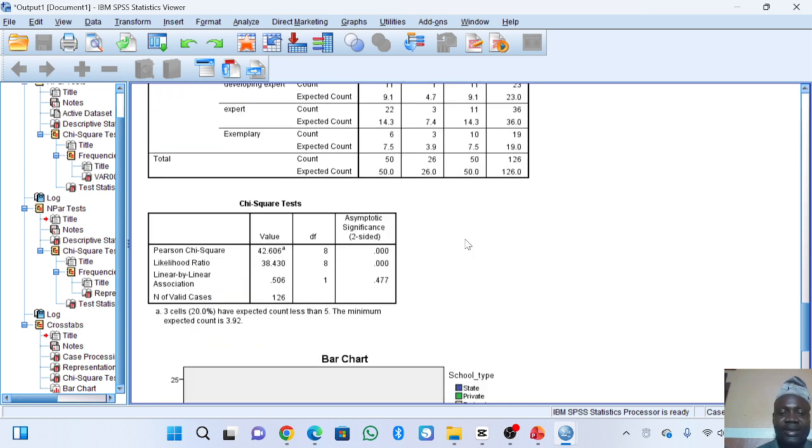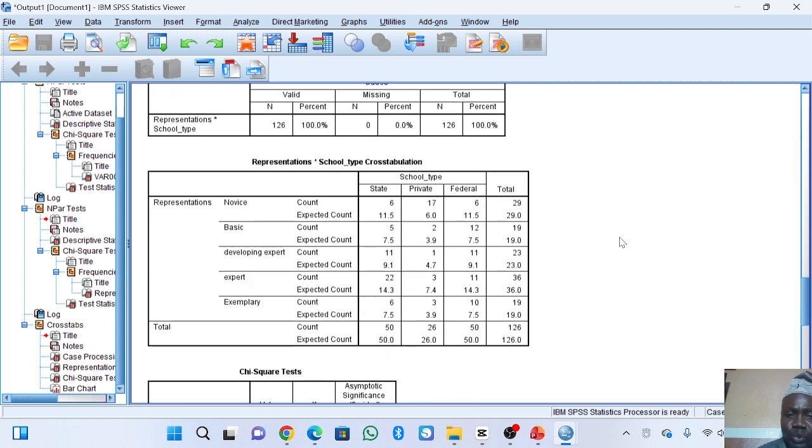So now the next thing is to check this Pearson chi-square. What this tells us is that there is a significant difference. The degree of freedom is 8 and the chi-square value is 42.606, and it is significant. So in essence, what we can do by interpreting this result is that